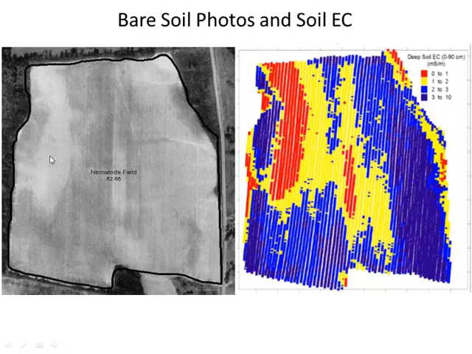This is an image of a field. George has shown at the beginning that there is a difference in color. If you have a picture, obviously the color is darker if you have higher moisture content or higher organic matter, and lighter if you have a dry soil. So from the very beginning, there is also some way to distinguish between management zones.